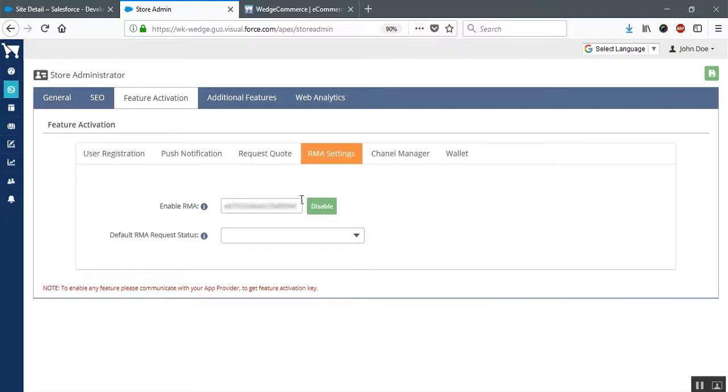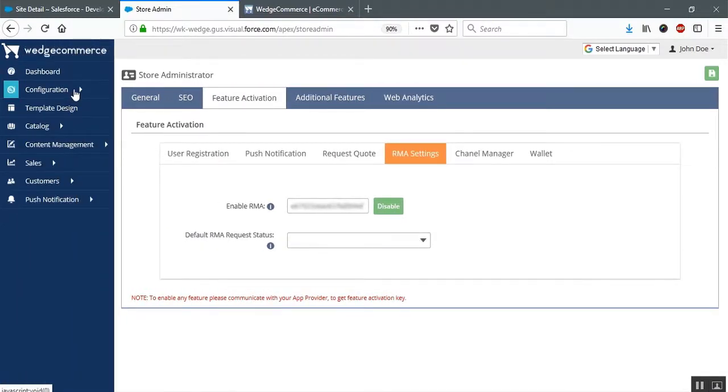As you can see, I have enabled the RMA settings, which is return merchandise authorization. If you want to have the products to be raised for a refund or a return, in that case, you need to have this functionality enabled, and you need to get in touch with the WedgeCommerce support to get the activation keys. So once you enable it, you will find a tab over here,